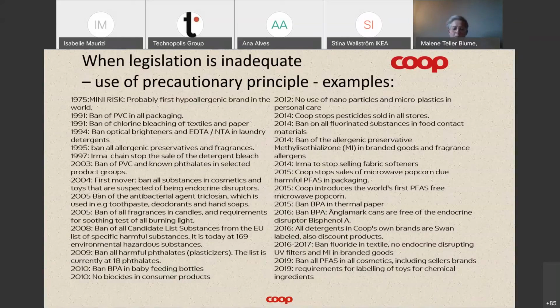Those are the main examples in regards to chemistry, where we have identified problems which are not covered by the authorities or by the industry, but which concern scientists, authorities, NGOs, and so on. Then we have the possibility to set up special requirements, and we are quite proud of many of these, and many of them are in regards to EDCs, endocrine disrupting chemicals, where we started to look into that more than 10 years ago, and we have a ban for all our private label products.